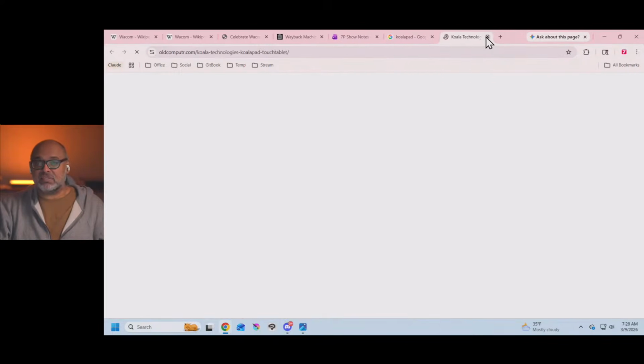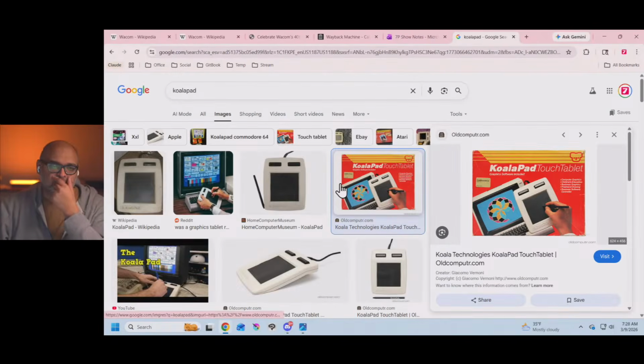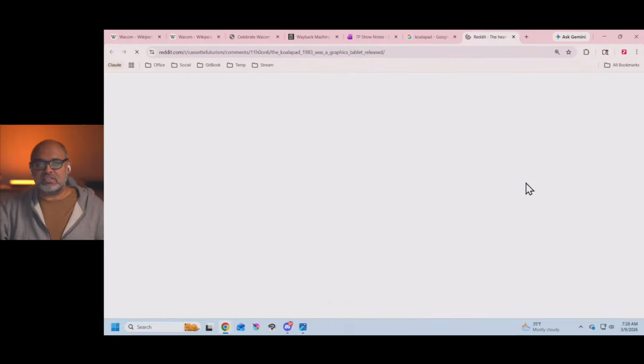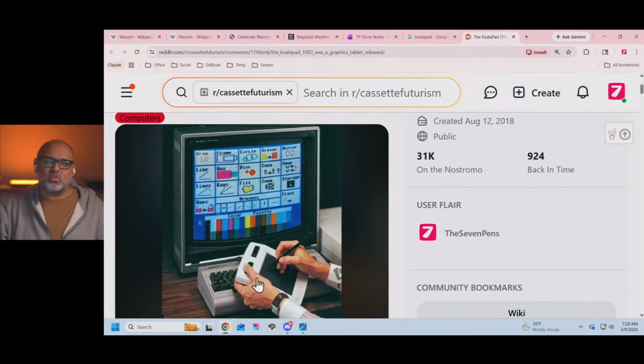And the tablet itself sensed that you were touching. I don't think there was any pressure. By the way, this was the painting app. Can you see this? So this is what a normal person might have been used to. It was technically cordless, but didn't work the way you'd expect, right? Not like a modern tablet.